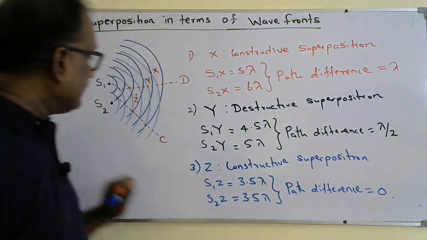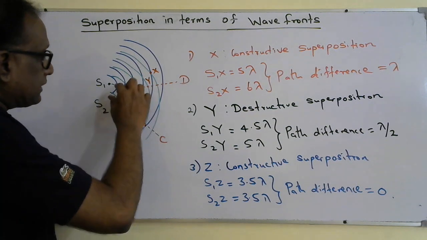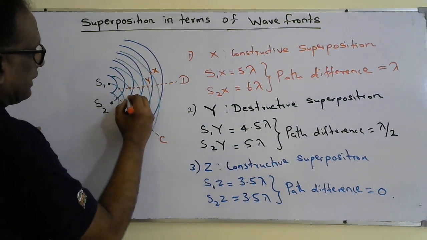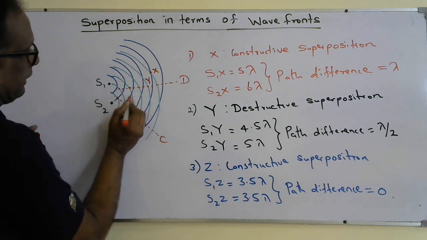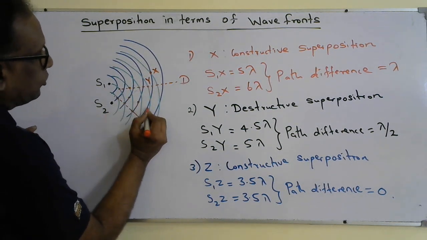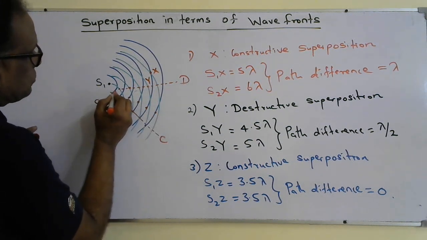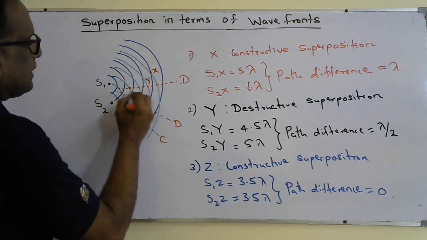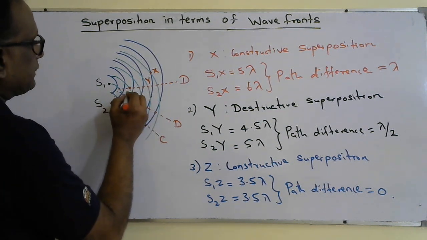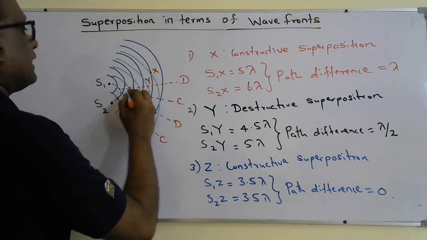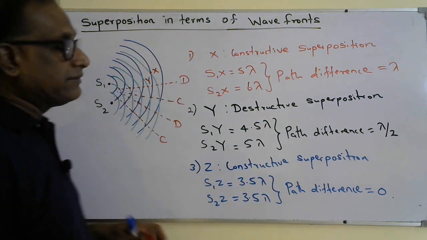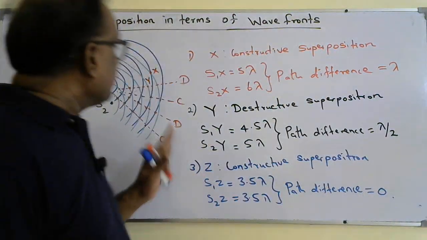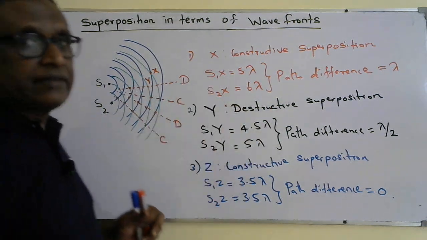So there you can see there will be maximum vibration, then there will be a point like this one, you can draw and see, this is again destructive superposition between the green line and the blue line. So along this one you will see a destructive superposition. Again, along this line, constructive superposition. Again, here destructive. You can see alternately constructive and destructive are happening. So if you draw nicely in the proper way, you can see there will be alternately constructive and destructive superposition